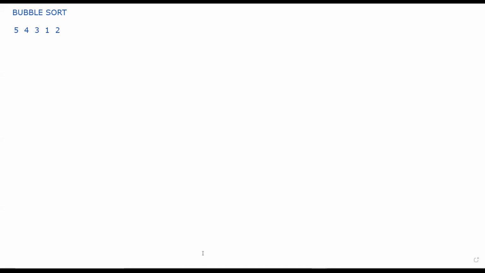Swapping, yes, right? I'm going to swap the numbers, but which numbers am I going to swap? In selection sort also I do swapping only. But what is the difference in bubble sort over here? Which elements am I going to swap?